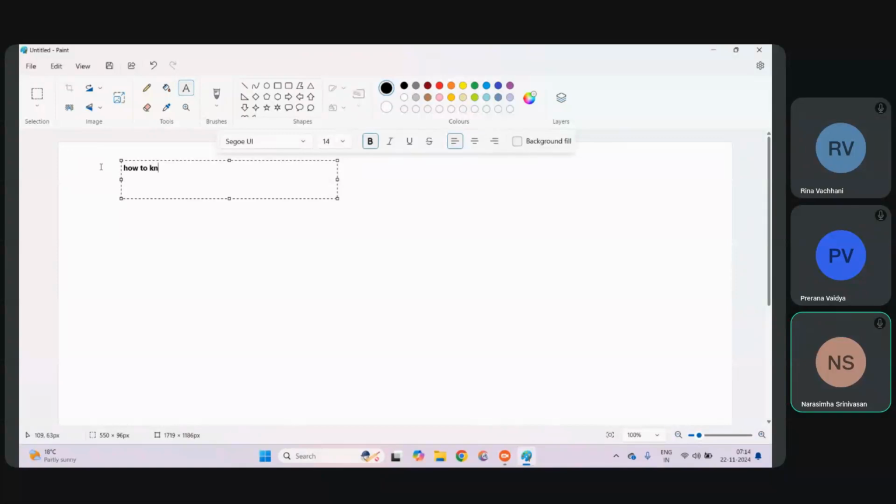How to know impacted areas? First of all, what do you mean by impacted areas? Impact, sir, means it's the modules that are affected